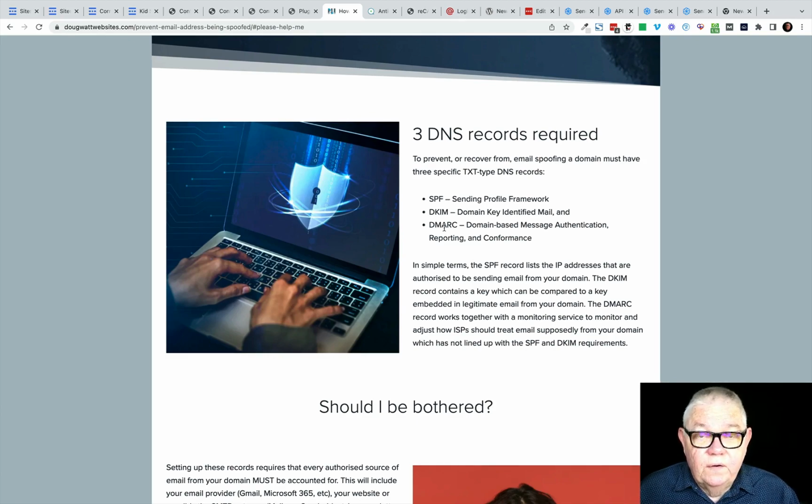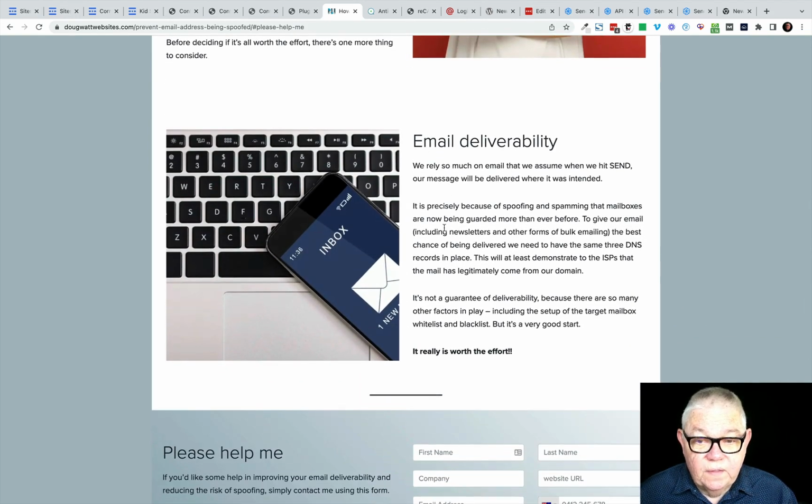For example, even doing all of these things and having all these records in place with email deliverability, what you are able to do is guarantee that you can get the email from your server or from wherever you're generating it from, whether it's from a contact form, or from an e-commerce application, or from Fluent CRM where you're sending out newsletters, into the mailbox at the internet service provider of your intended recipient. You can't guarantee you're going to get any further, because they may have you blacklisted, they may not have you whitelisted, they may not have you listed in their contacts, and you may end up in the junk mail, or you may be